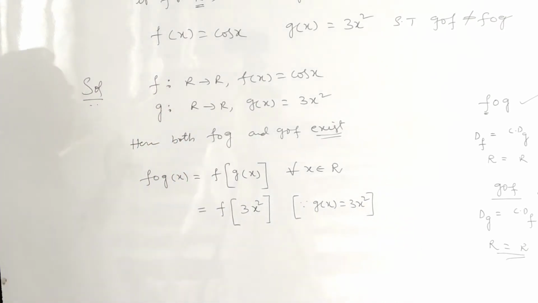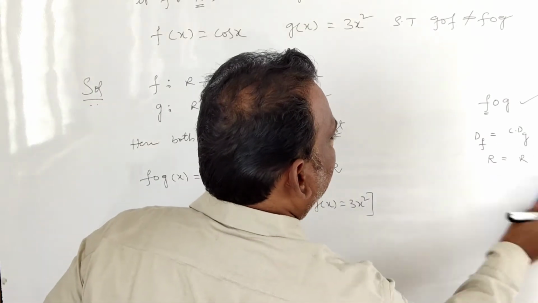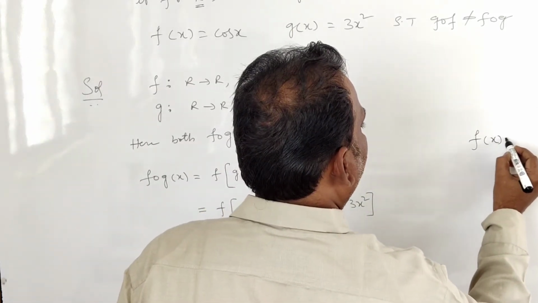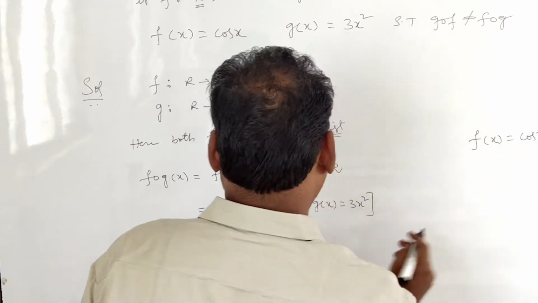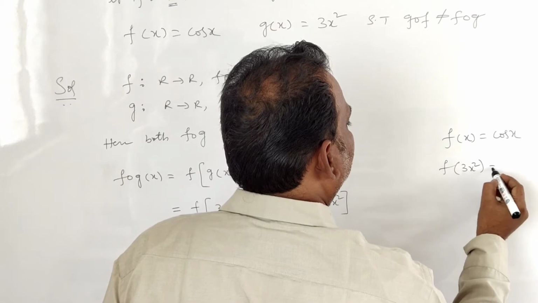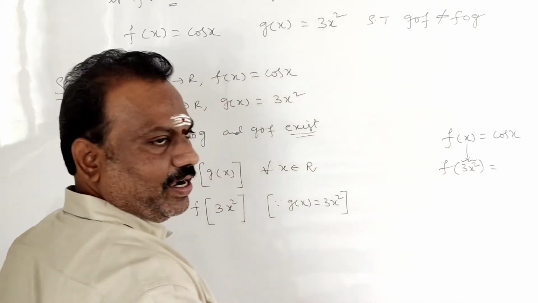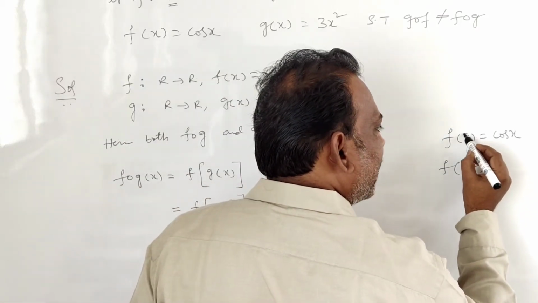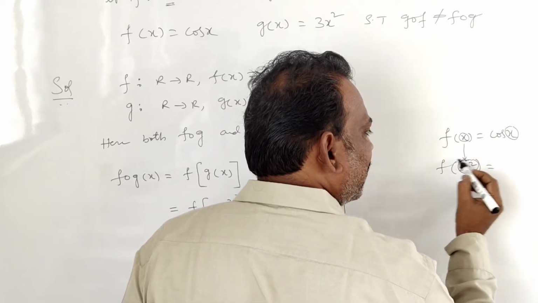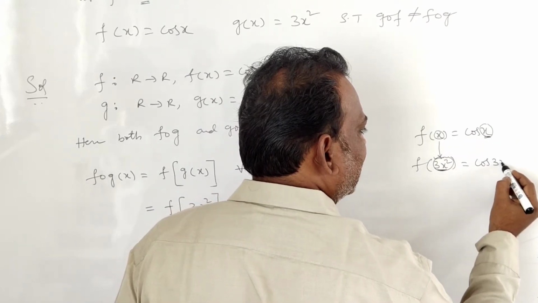Next you have to simplify carefully. How to simplify? Very easy, students. Here we have F of x in the given problem. What is F of x? This step is very important: cos x. But here what do we get? F of 3x square. Correct students? So instead of x, we have 3x square. If it is 3x square instead of x, this 3x square we will replace in the x place. Only that is the thing, students.